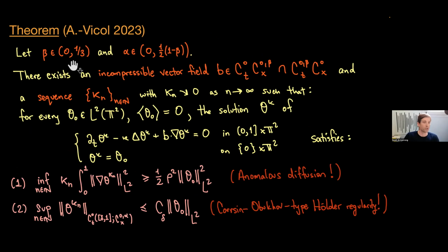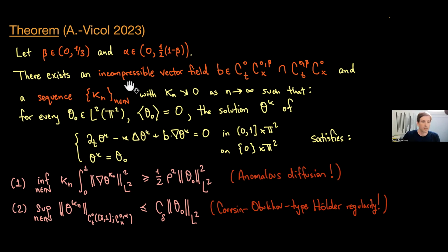We take a parameter beta, which is less than 1/3. We can't go above 1/3 with our method, so we can't go all the way up to exponent 1, like in the other papers. However, 1/3 is kind of the physical exponent for what you expect from the fluid. And we take a parameter alpha, which is the expected Holder regularity that you would have for the scalar. Then we can build an incompressible vector field, so it's divergence-free. It is C beta in space and C beta in time. So it's basically L infinity in time into C0 beta in space, and C0 beta in space into L infinity in time.